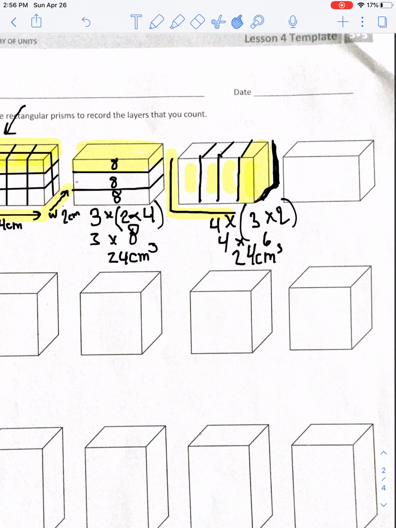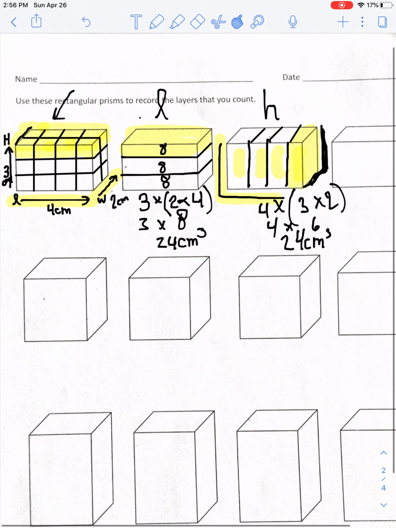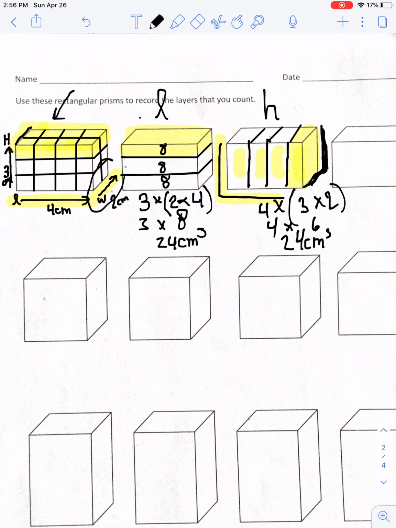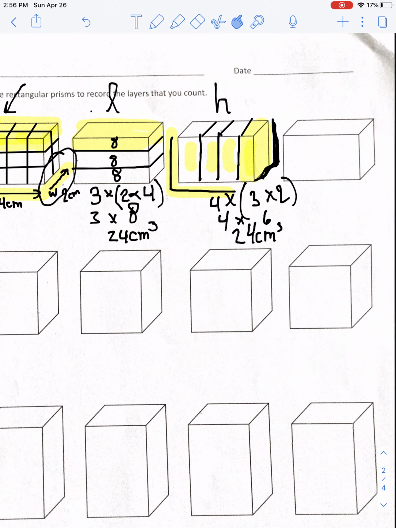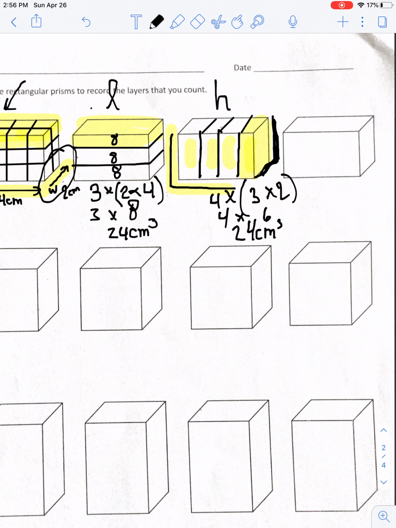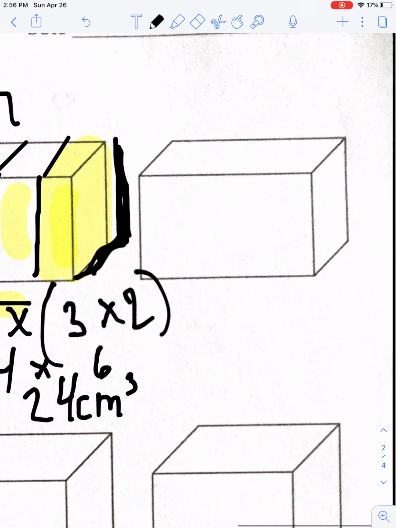Okay, so how can we decompose this one more way? Think about it. We did length here. We went with the height here. Okay, what measurement are we missing? We're missing our width. So we can decompose this by width. And our width is, I'm going to zoom in here because it makes it a little bit easier. Our width is